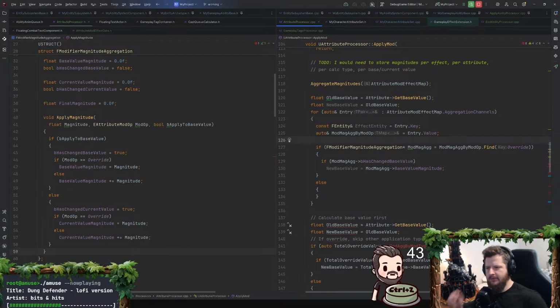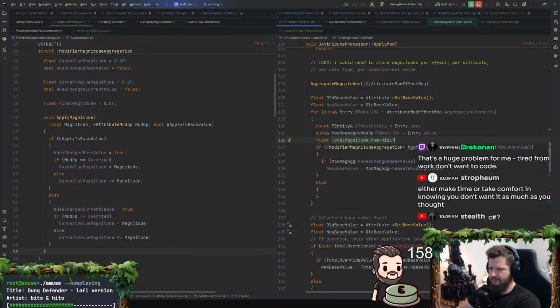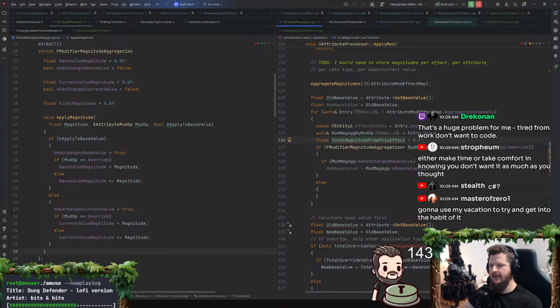But I think I need... So I'm doing this on a per effect entity. Yeah, okay. I need a float for the total magnitude from this effect. Which would really be what it was before this and what it is after this.